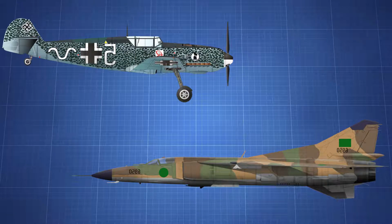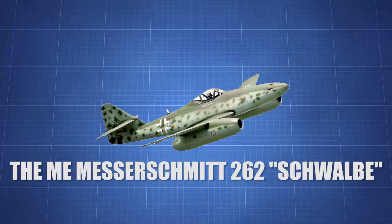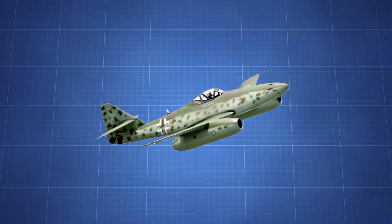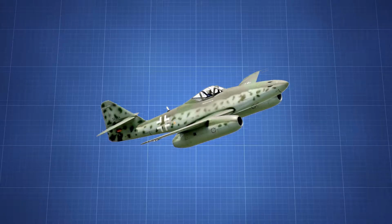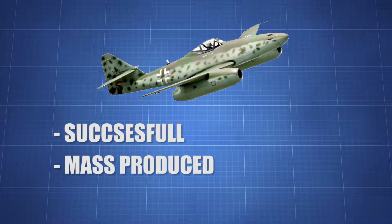The old ones had propellers and almost all of the new ones have jet engines. But there was one plane that was ahead of its time, one with that technology: the Messerschmitt Me 262 Schwalbe. Well, it wasn't the first airplane that used that technology, but it's the first one which was successful and mass-produced. The place of the first plane with the jet engine goes to the